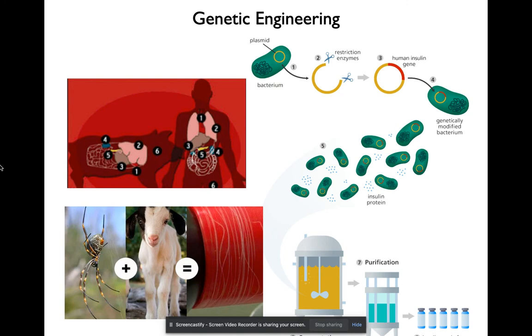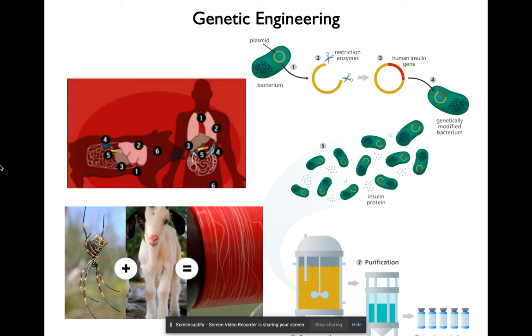Humans have always been fascinated with spider web thread, or just the thread that spiders make, because it's insanely strong, stronger than steel, but it's incredibly light. And so some efforts have been made to try to genetically engineer that thread and to mass produce it somehow. And one way that was tried was to get DNA to make spider thread in goat's milk, which